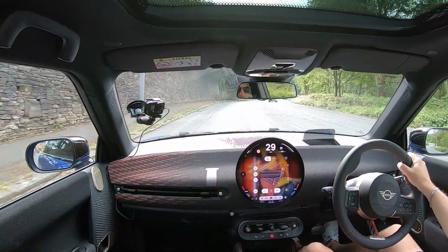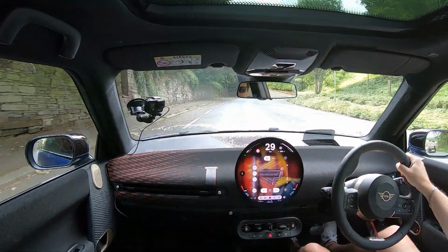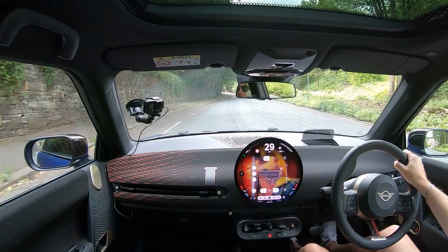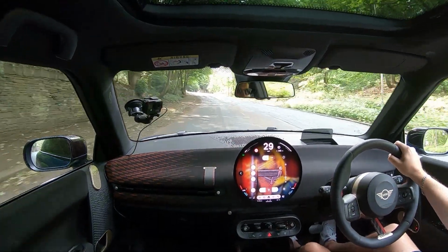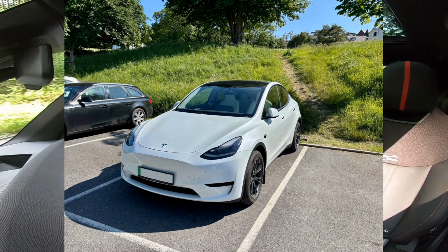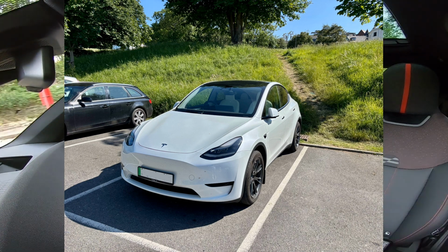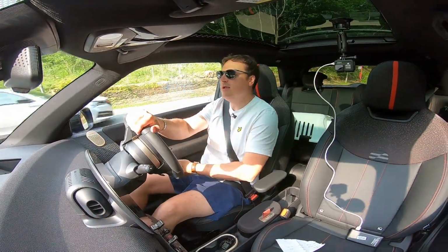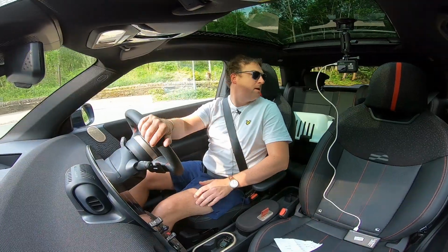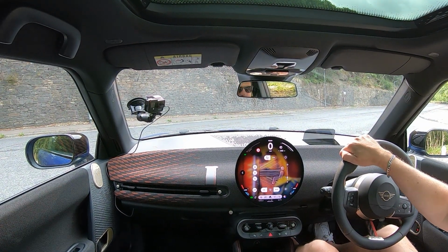So I'm a big fan of electric cars now. This is my second electric car. My other car is a Tesla Model Y rear wheel drive long range, and we absolutely love that. It's an absolutely brilliant family car for all 4 of us, lots of room, lots of space. And I've done a similar range test on that car, and from 100% to 0 miles,